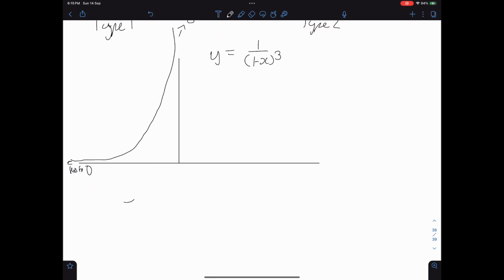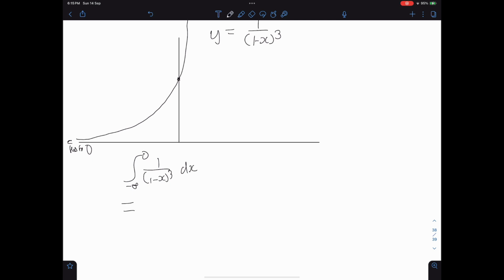So what if we did the integral of 1 over 1 minus x cubed dx from negative infinity to, well, actually, I think this will cross up here and it tends up to negative infinity at x equals 1, I think. Yes, at x equals 1. And so if we did that between negative infinity and 0,